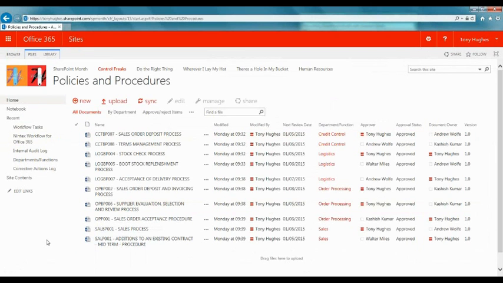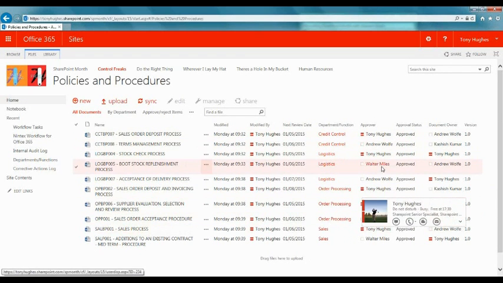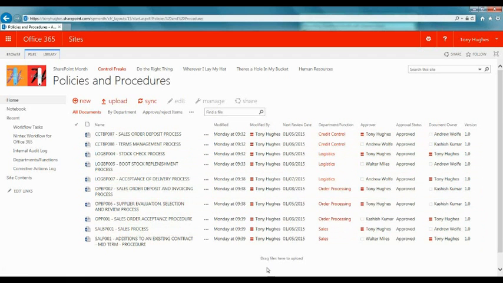here's how I'm managing these documents. Okay. So I've got things like when's the next review date? What department do they relate to? Who's the document approver? Okay. Is it currently approved? Who's the document owner? So we can tag what's called metadata to document libraries in SharePoint, and that metadata is key to automating the process around those documents. So at the next review date, okay, I might have a workflow which triggers to say,